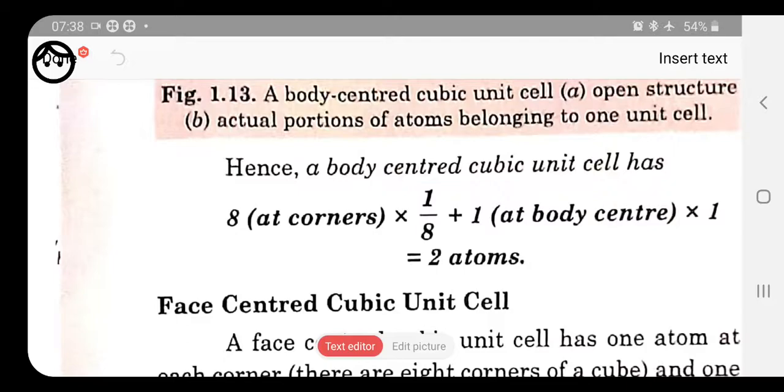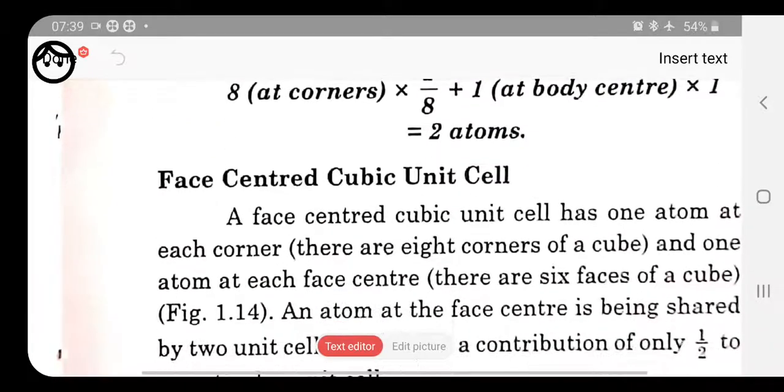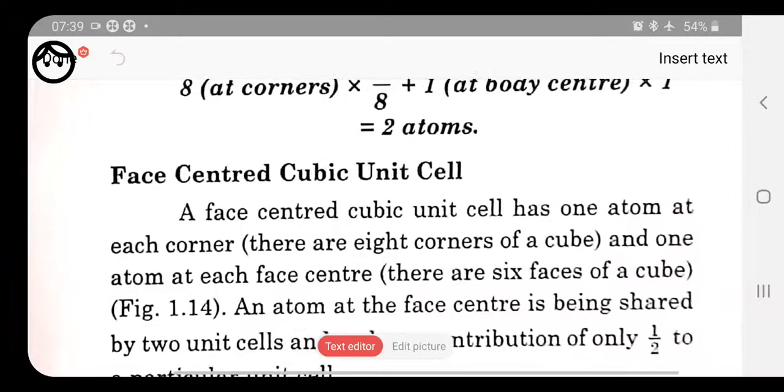But if we are talking about the face center, so let's calculate for the face center. Here we will have AB3, because in the face center we have 3 atoms present. With the help of this you will be getting numericals of 1 mark. That is a very easy numerical. You can easily solve the numerical with the help of the number of atoms present in the different unit cells. So now we have the face centered cubic unit cell.